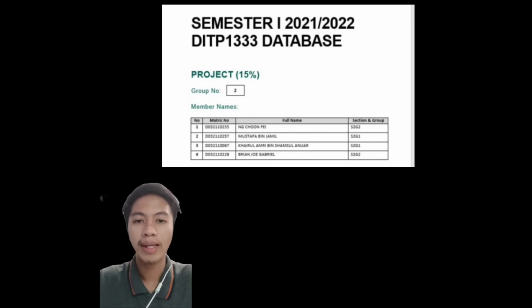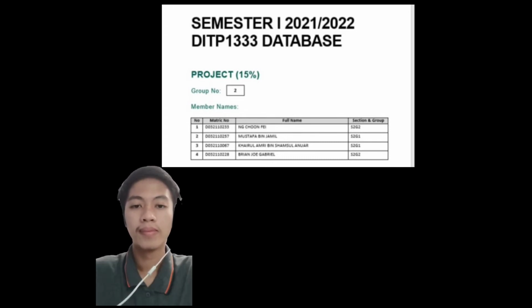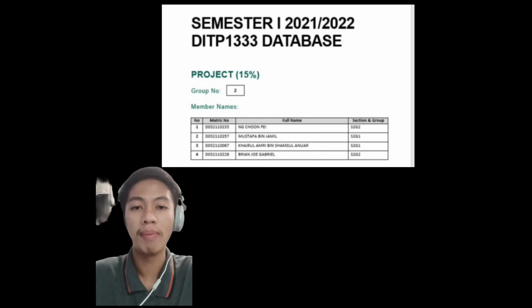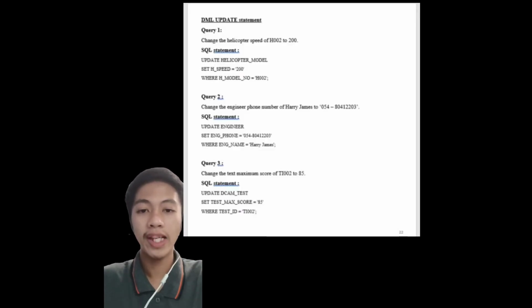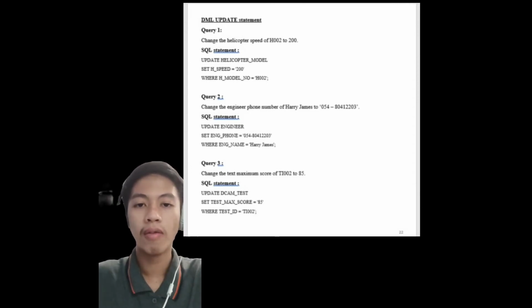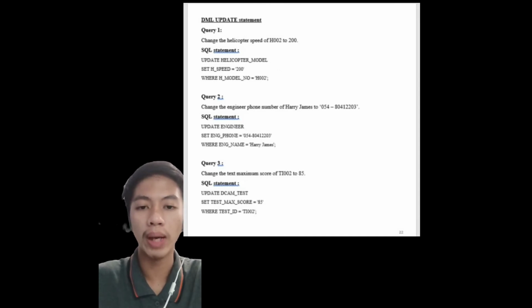Today, I'm gonna present the DML update statement on our final project of database. Indeed, I cannot explain all of them, but I'm gonna explain how much I can. As we can see here, for the first query, I changed the helicopter speed of helicopter model number H002 to 200 of speed. For the second query, I changed the engineer phone number of Harry James to his new phone number, which is